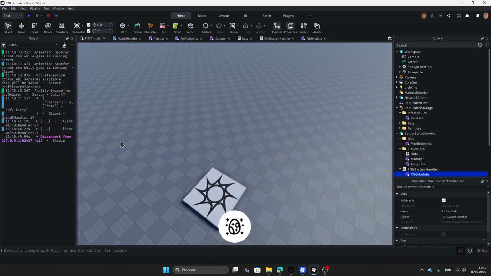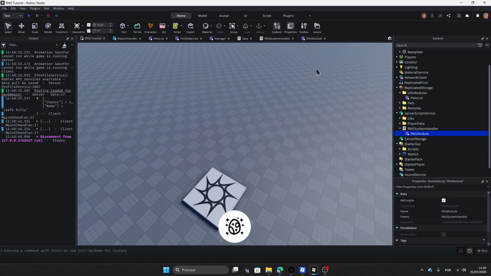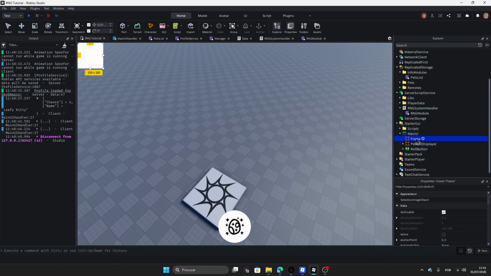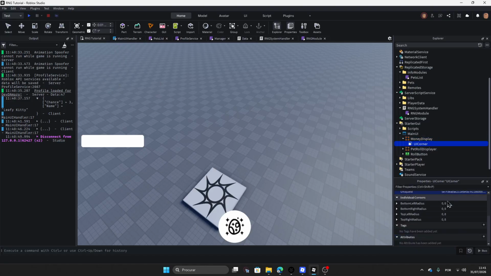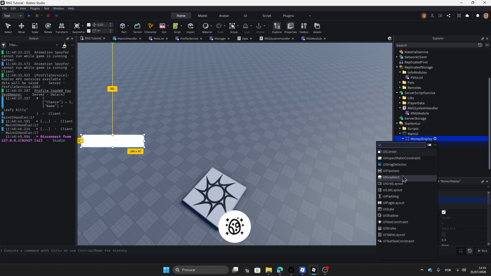Okay, now let's just do another thing. Let's add a display to show our currency. The shards we will do next because we need to find the properties for them. So, money display. Okay, let's just make something nice. Set the UI corner to 1, comma, not 2. Okay, UI stroke,